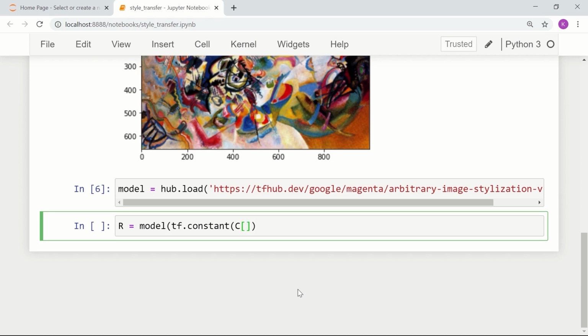But we add another axis, a new axis, as the requirement of the model, and then we have the style image, and we add np.newaxis to this style as well. We build both with tf.constant and then we run it.